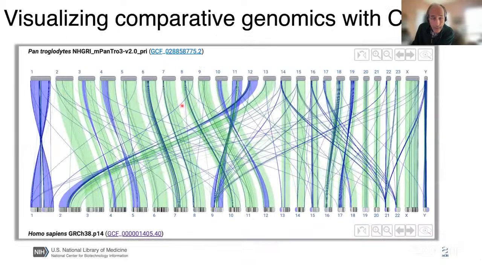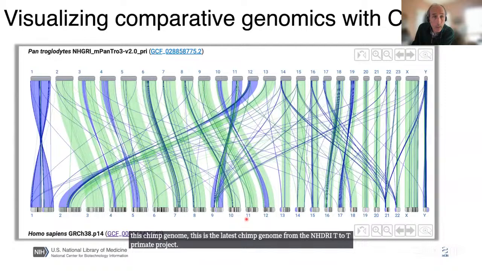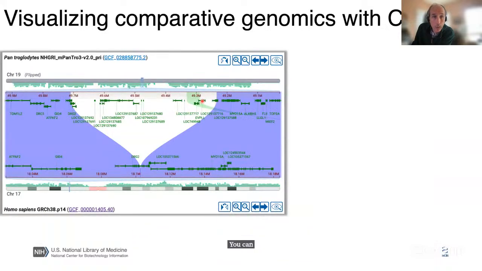And the last thing I'll show you is this tool we developed called the Comparative Genome Viewer, which lets you visually see similarities and differences between genomes. So this view is showing you a whole genome comparison between this chimp genome, this is the latest chimp genome from the NHGRI T2T primate project, compared to human. So you can see at a global level, translocations and inversions and the like. You can zoom in to